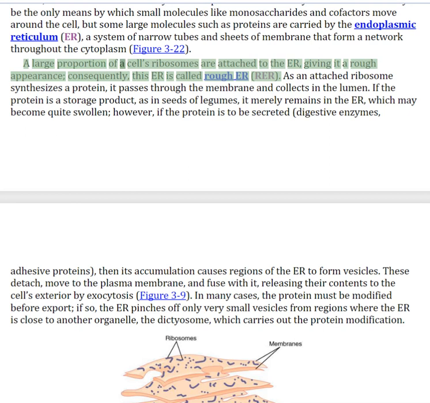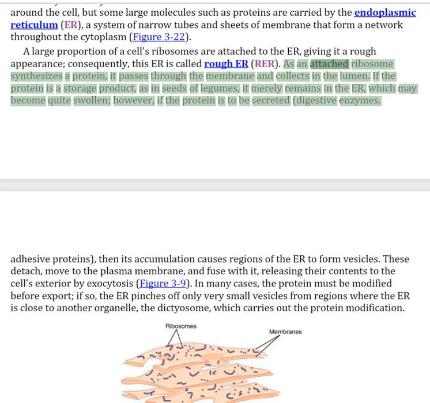A large proportion of a cell's ribosomes are attached to the ER, giving it a rough appearance. Consequently, this ER is called rough ER. As an attached ribosome synthesizes a protein, it passes through the membrane and collects in the lumen. If the protein is a storage product, as in seeds of legumes, it merely remains in the ER, which may become quite swollen. However, if the protein is to be secreted, digestive enzymes